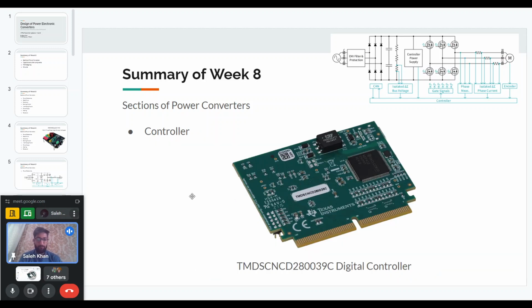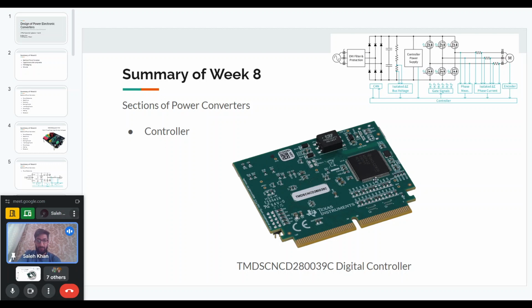Next, we have the controller. In general, the controller can be a digital controller or an analog controller. The analog controller is usually made of some op-amp circuits where you want to achieve a particular transfer function for your controller. So you can use some op-amps to produce the PI circuit or some other transfer function, or there are separate controller ICs that provide a particular transfer function inside. You just have to put that IC in your circuit and give the necessary connections, and it will give you the